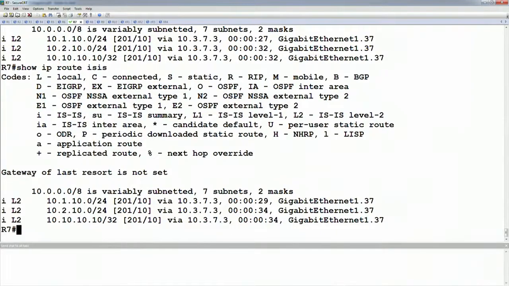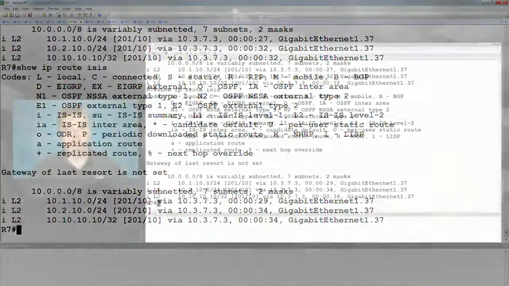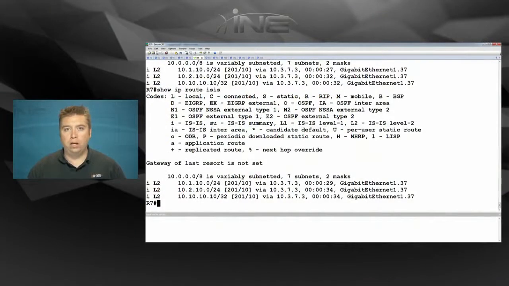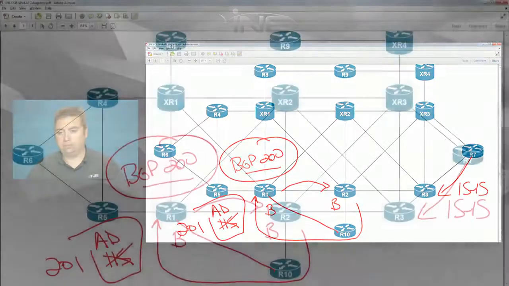It does, but what's the problem? I think actually the problem is that router 1 is using router 2 to get there in terms of the MPLS transit path, and they're going to be looping the traffic back and forth between each other. So what I mean by this is that if